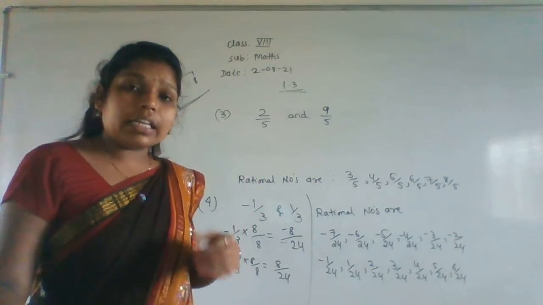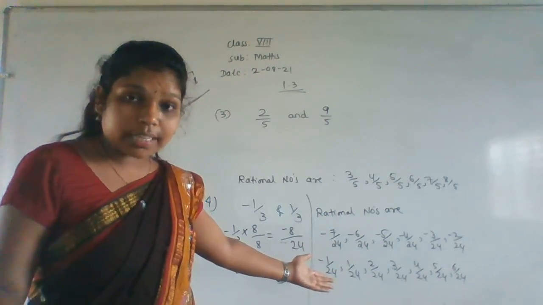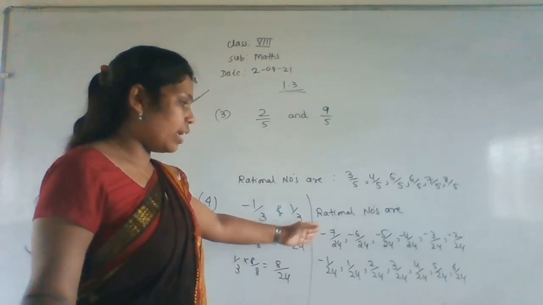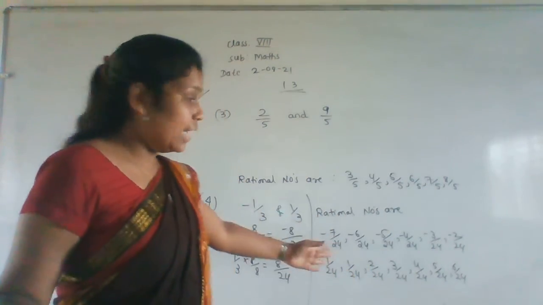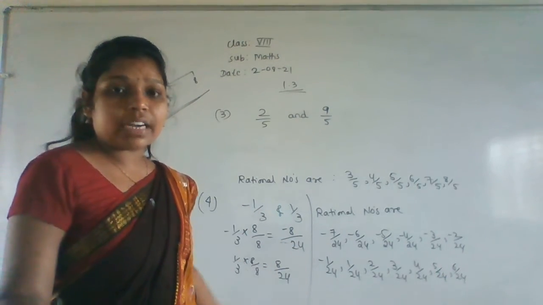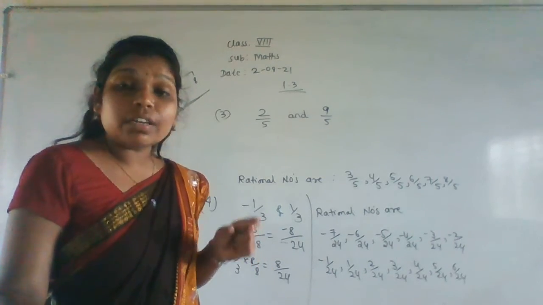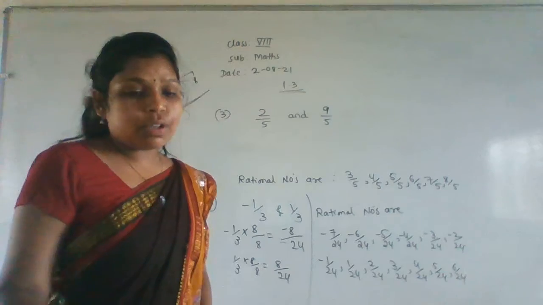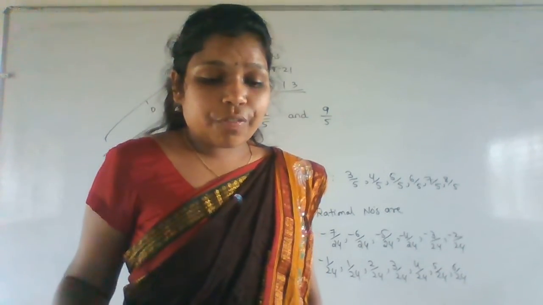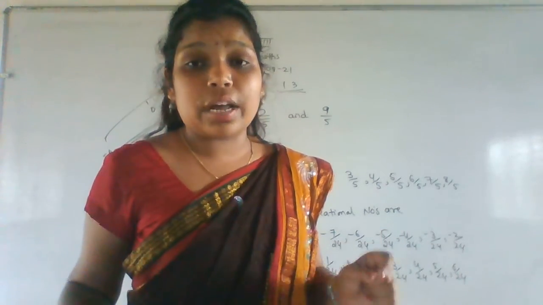Right? So till that you can change the numerator value and you can write so many rational numbers. They told us to write 10 rational numbers, and we have written them here. These are the rational numbers in between these two. Getting everyone? So like that we have to write the rational numbers in between the given two rational numbers. Okay. So now we completed fourth main also. Now we will go for the fifth main. Find the 10 rational numbers in between minus 2 by 5 and 1 by 2.